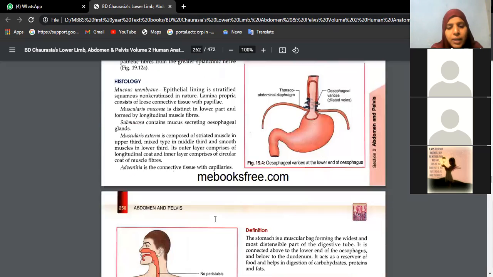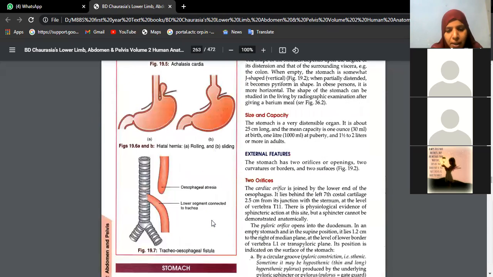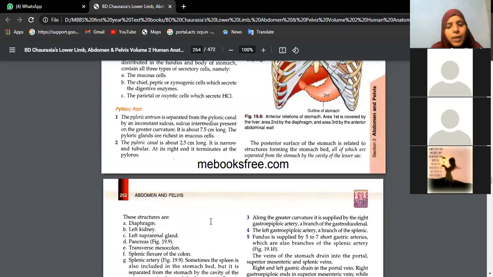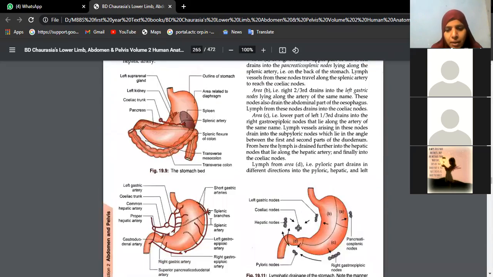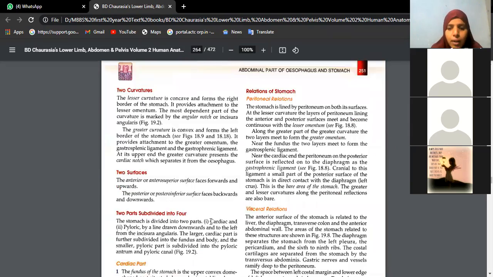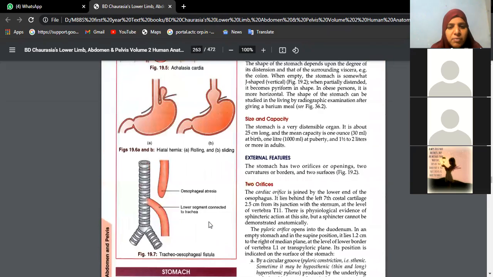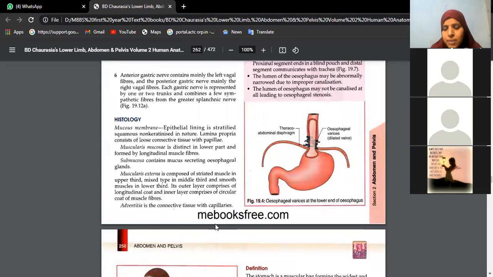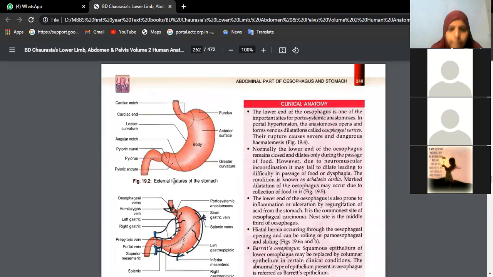Now when you talk about the ligaments, beta, can you tell me what are the ligaments? They are nothing but peritoneal coverings. Now please tell me what are the ligaments now. Your pictures are not so good, but in peritoneum we have seen. From lesser curvature, what do we have? And from greater curvature, what do we have? Chavi? Lesser omentum. Very good. And greater? Yeah, very good, Meghna. Lesser omentum and greater omentum. When this question is asked like ligaments of stomach, you have to talk about lesser omentum and greater omentum.